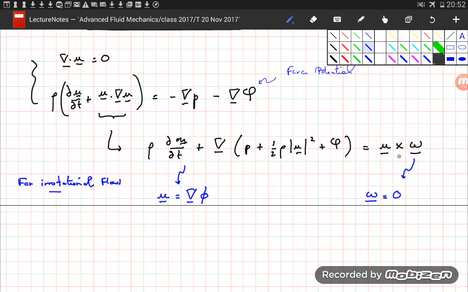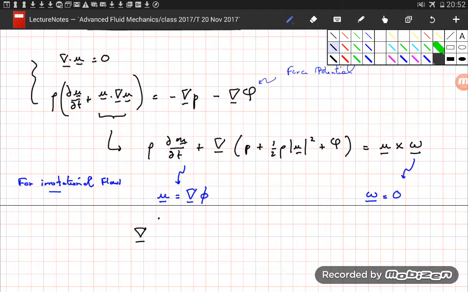And therefore, we had that this function was constant along a streamline. Now, because the flow is irrotational, this term is actually equal to 0. So we can rewrite the equation as, if we also replace u by the gradient of phi, then we have that